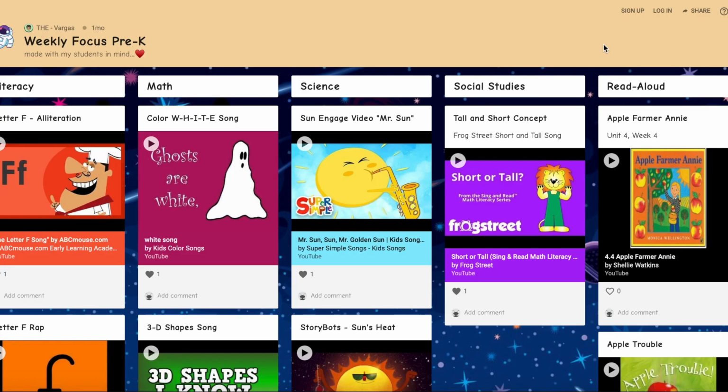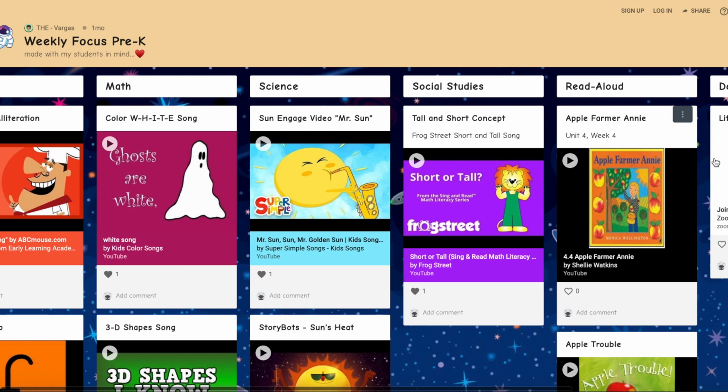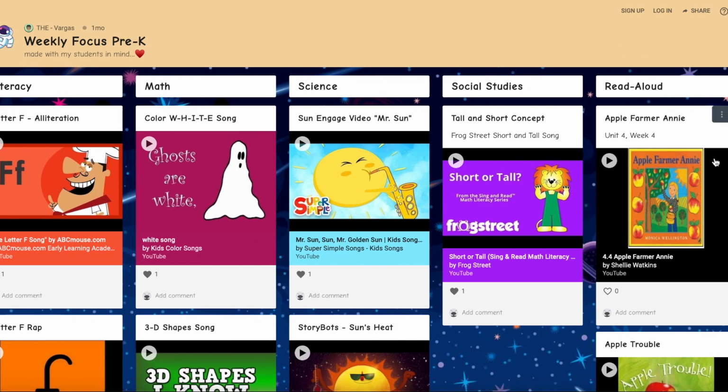Here, you can see my personal Padlet that I use for my pre-K class. I have gathered all the resources that I use for our weekly focus. I have even added my Zoom link so that parents can have it available when they need it. I have organized all my subjects in columns so that parents can better identify the resources they seek. As you can see, I have literacy, math, science, social studies, and even read alouds that I do for my